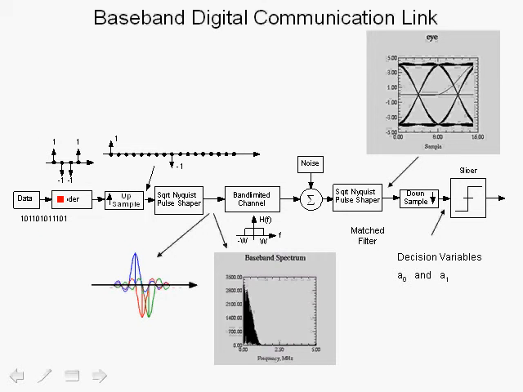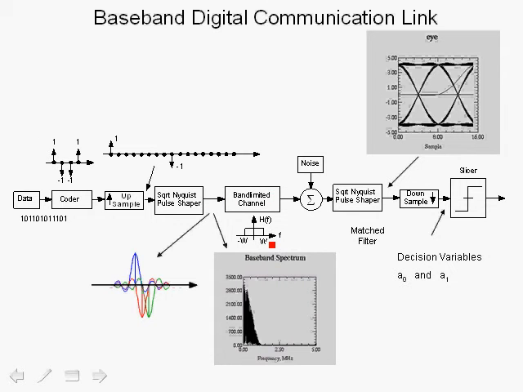We have a coder which maps a 1 to a plus 1 and a 0 to a minus 1. These are our symbols. And we have an upsampler which inserts zeros, generating impulses. So we have an impulse for the first symbol, and we have an impulse for the second symbol, for example. These impulses are input to a square root Nyquist pulse shaper and then transmitted through a band-limited channel with a